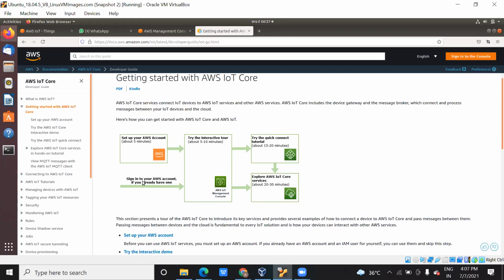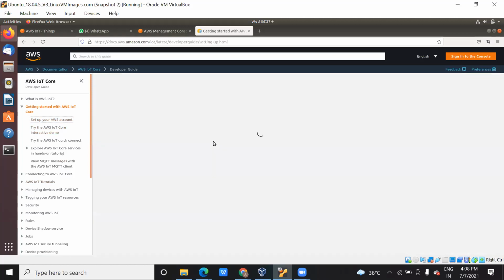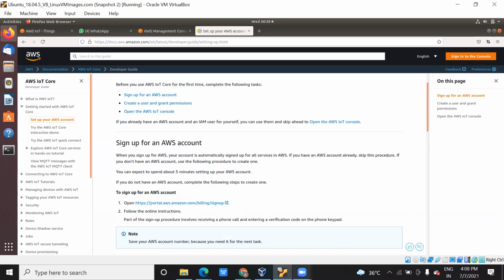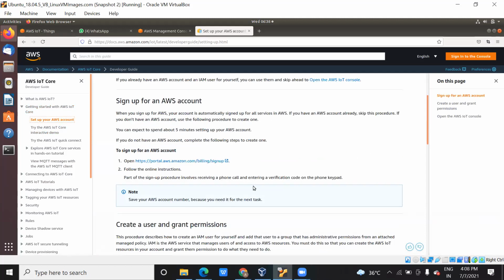Now, for IoT Core, you need some configuration before you start. You should have some components installed or some settings in place, such as having an AWS account and registration, because that is the basic step to access the service.